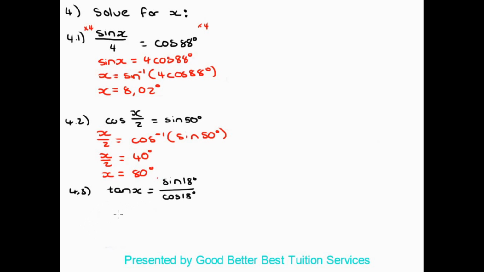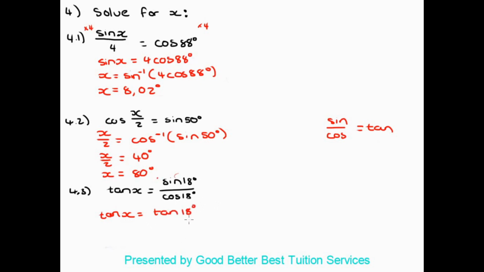So now moving on to the last one here, we have tan x is equal to, very interesting here, we know that sine over cos is equal to tan. The only thing we need is that both of these angles have to be exactly the same. If these angles are different, we can't convert it to tan, because then it doesn't have the same value. But because in this case they both do have the same angle, we can change this straight into tan 18